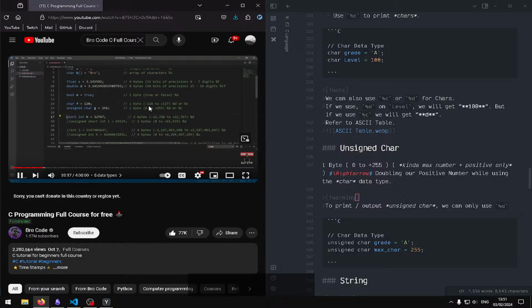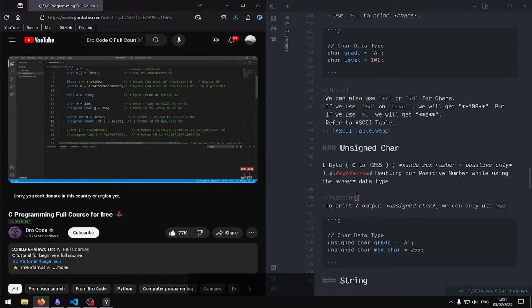Next, we have short ints. Short ints use 2 bytes of memory. They can store a number between negative 32,768 to positive 32,767 because, well, they use 2 bytes of memory. They can only store a number so large, and if it's an unsigned short int, the range is instead between